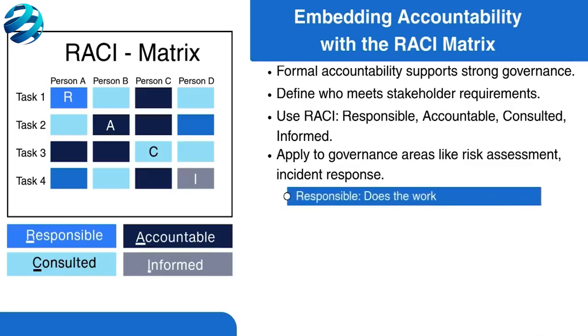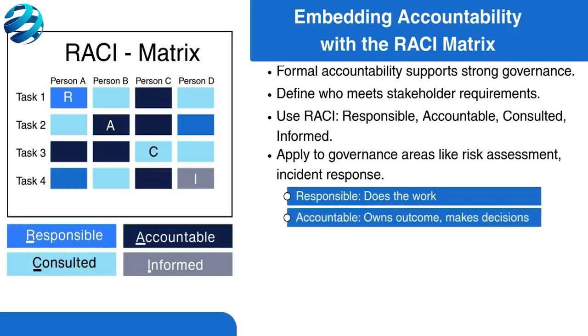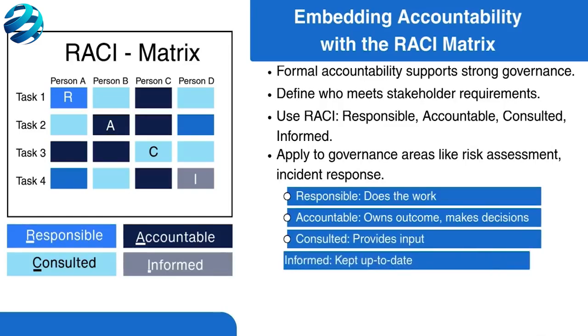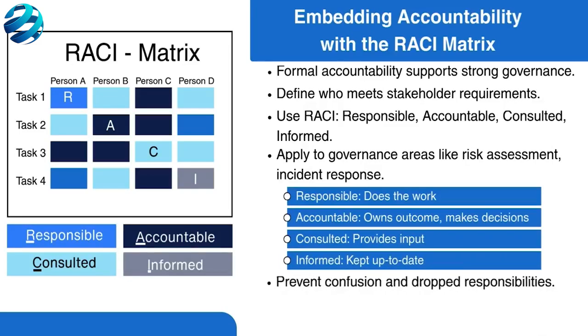The responsible person does the work, the accountable person owns the outcome and has the final say. Consulted individuals provide input, and informed individuals are kept up to date. This formal analysis eliminates confusion, prevents tasks from being dropped, and creates clear lines of authority, ensuring that accountability is